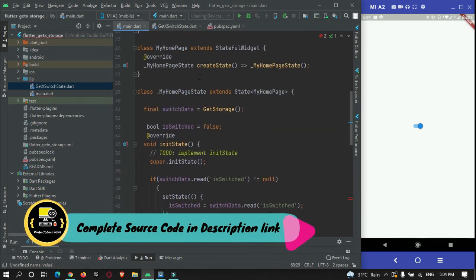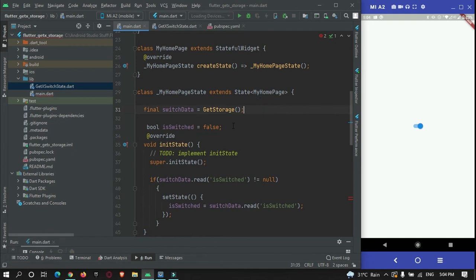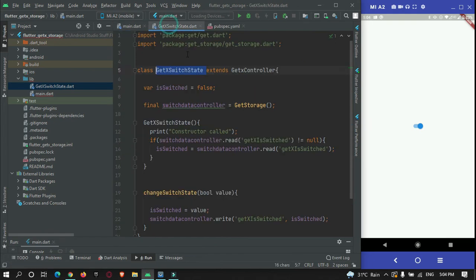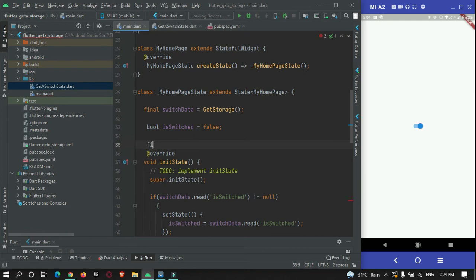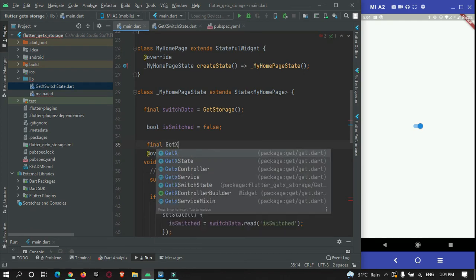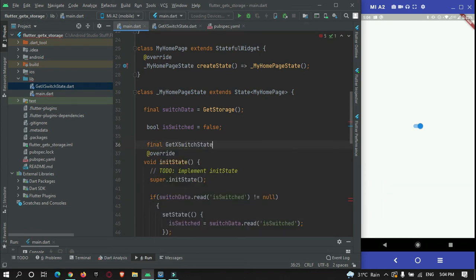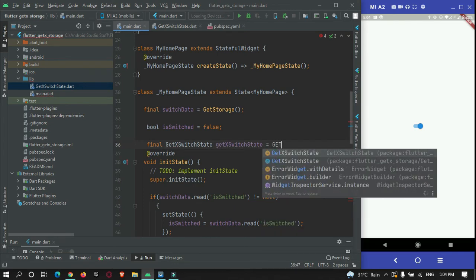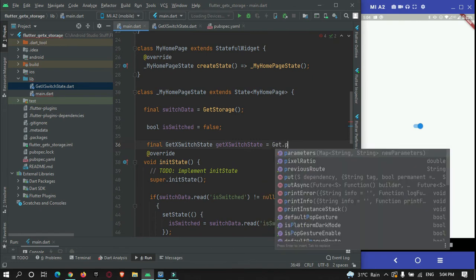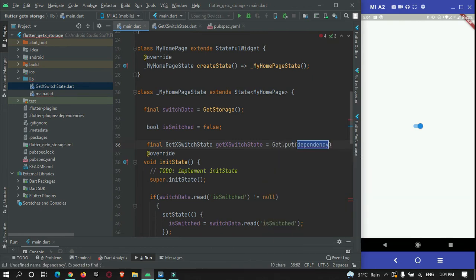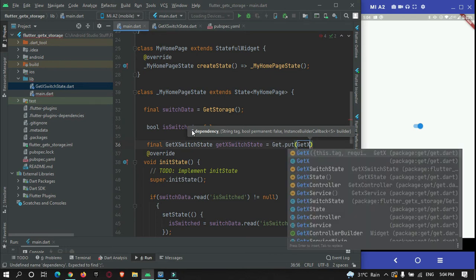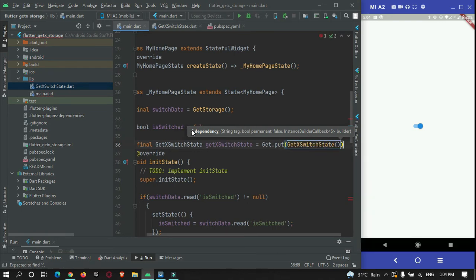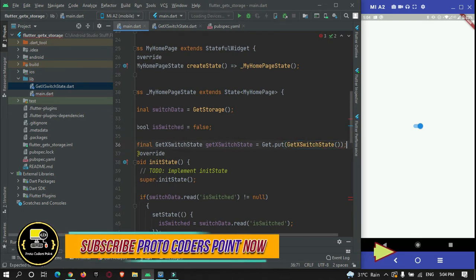Here in your stateful widget, you need to create an instance of this class: final getxState is equal to Get.put and the dependency, that is GetXSwitchState. A dependency is similar to a class. Okay, so now our instance is ready.